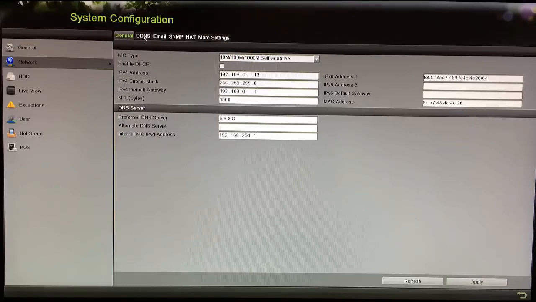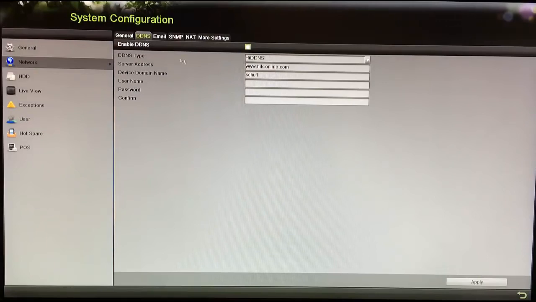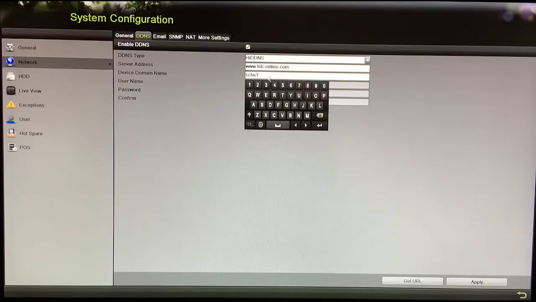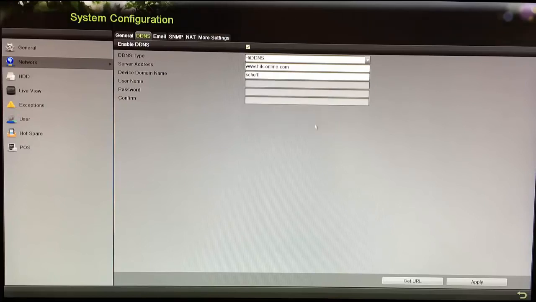Next, you click on the DDNS tab up here on top, and you want to select Enable DDNS, and in the DDNS type, select the HIDDNS type, which is our Hikvision DDNS server, and the server address will be defaulted to www.hik-online.com. And next, in the device domain name, choose a domain name that's unique to your installation. The device domain name is restricted to only alphanumeric characters, so no special characters allowed. And once you have chosen this, click Apply,